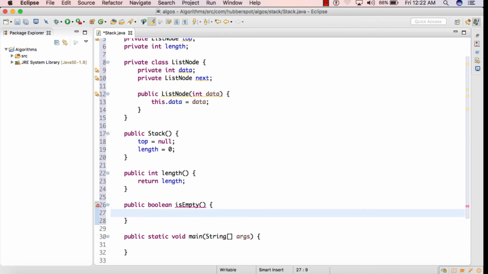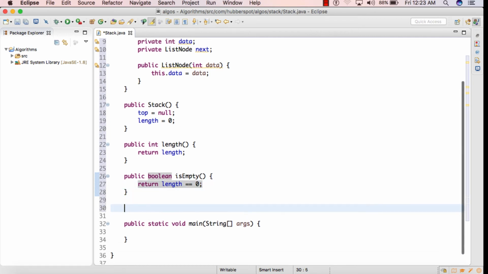In order to know that the stack is empty, we'll simply check whether length is 0 or not. So if the length is 0, we'll simply return true, that stack is empty. And if the length is not 0, then we'll simply return a value of false, that stack is not empty. So we'll simply return length equals 0.